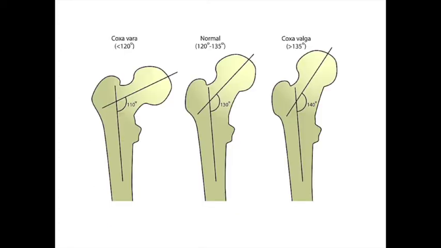So you would be asked what a coxa vara is, because the whole anatomy in this patient is a coxa vara. When you're born, your neck shaft angle is around 160, and gradually it settles down between 120 and 135. Anything below 120 is coxa vara, and different books say different things. Anything more than 135 or 140 is a coxa valga.